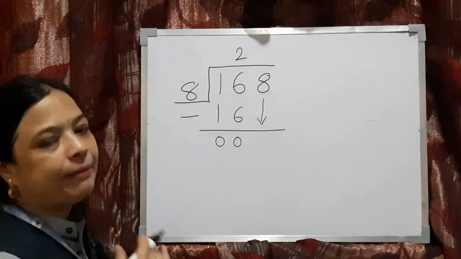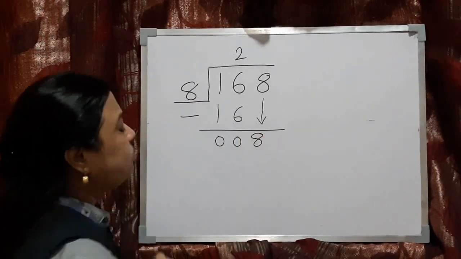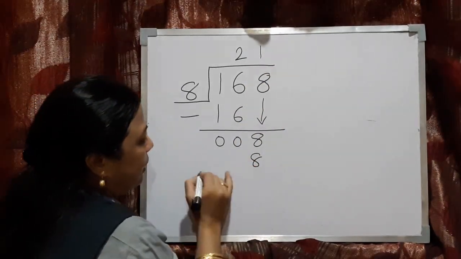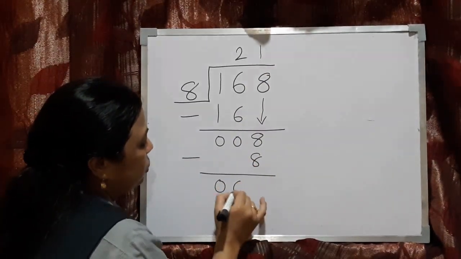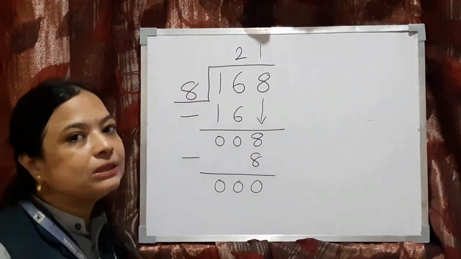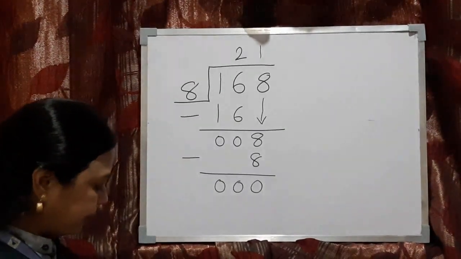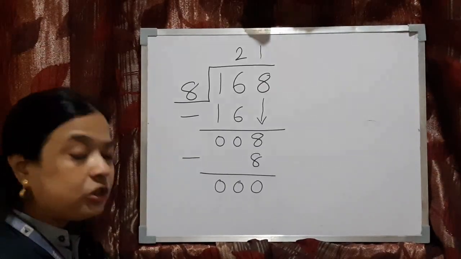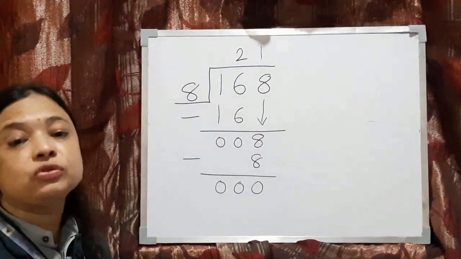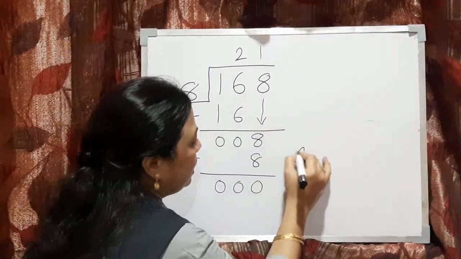Now you are very familiar with this type of sum. So in 8 I will put down this 8, and now 8 ones is 8. Again we are going to subtract. So what is the answer here? 21. Sorry, what we are going to find out here is how many apples each box had. So in one box how many apples will be there? 21. So here we will write down 21 apples.